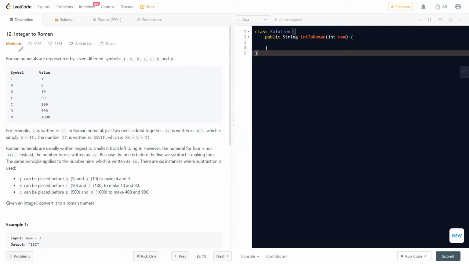In this video, we'll discuss another LeetCode problem. That is Integer to Roman. This is a medium level problem, and we'll understand how this question can be done and what's the importance